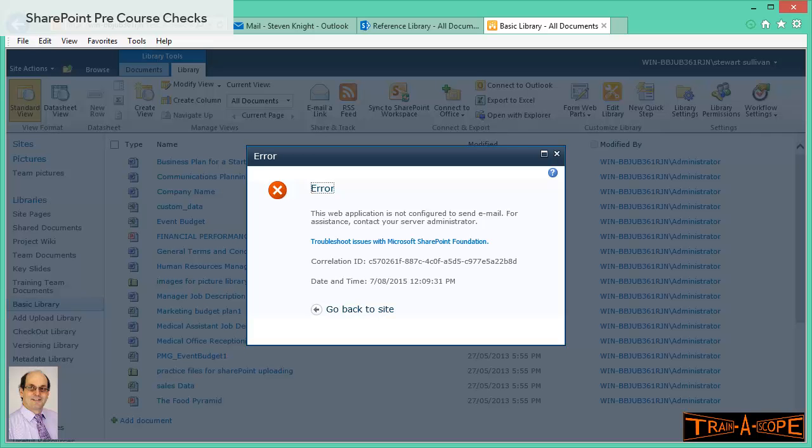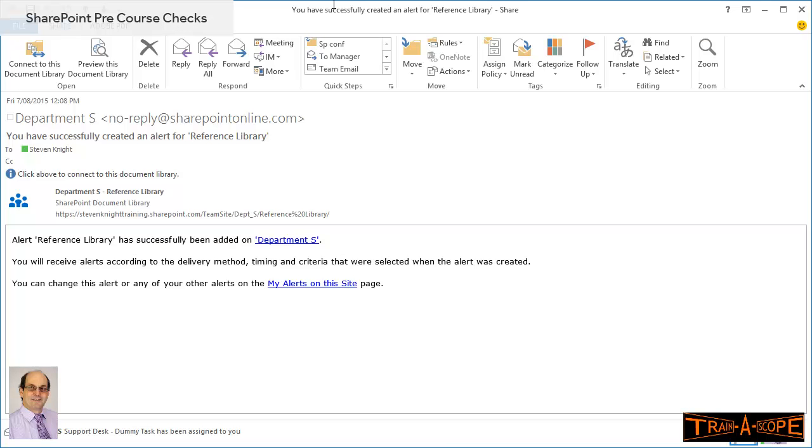I'll show you what this email actually looks like. So just a very quick look at the email that you'll get. This is the SharePoint 2013 email as seen in Outlook 2013, but the 2010 version is virtually identical, which is just saying, look, we have successfully set up an alert on that particular library,